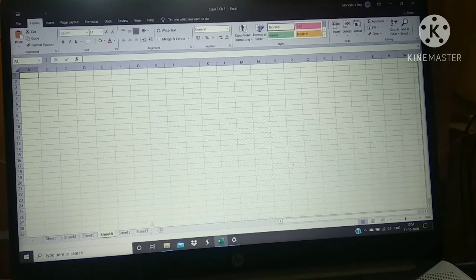So students, we are going to learn about the parts of the MS Excel window. The main parts of the MS Excel window are similar to all those MS Office programs, whether MS Word or MS PowerPoint. Here you can see the title bar, the toolbar, the ribbon, the quick access toolbar, everything you can find in all Office packages. Now we will learn about some other parts which are specific to MS Excel.